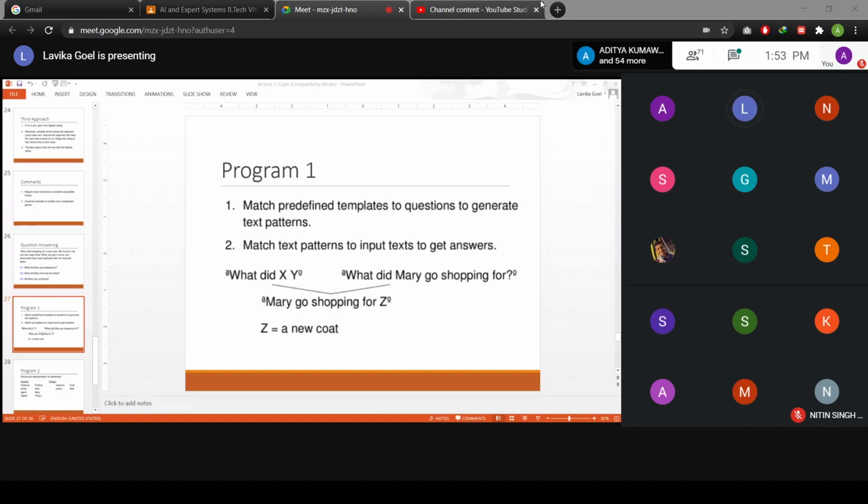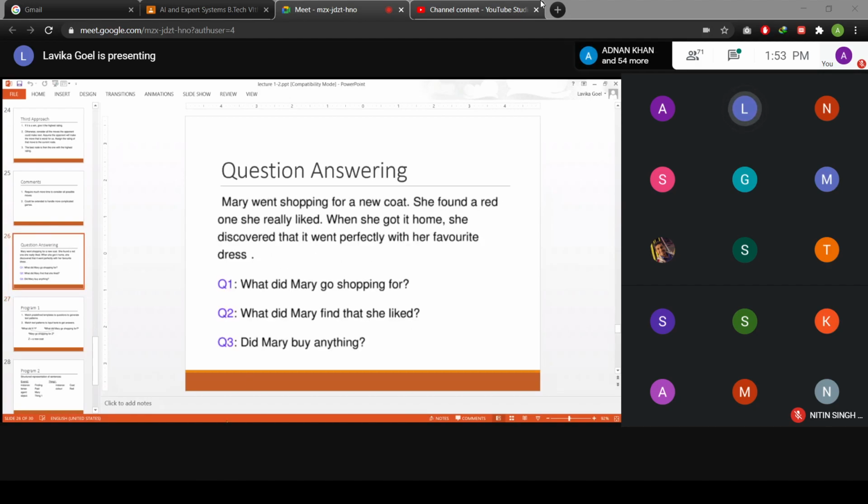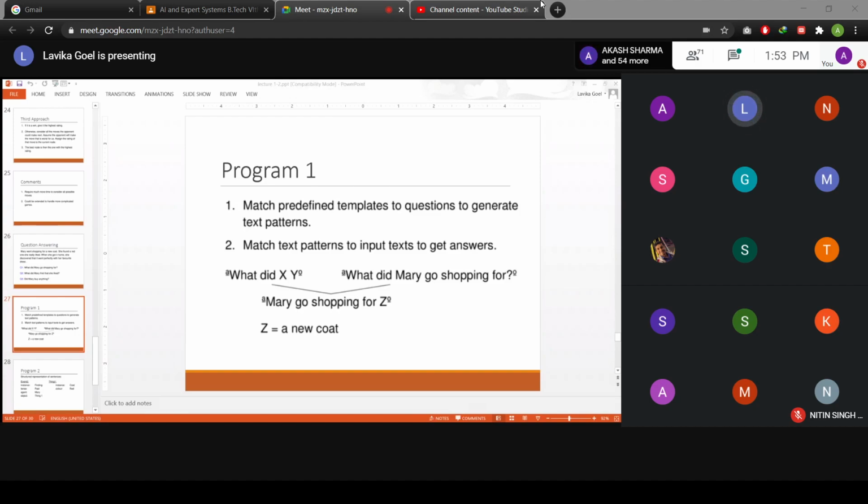What did Mary find that she liked? Fine. So you should have a template where you should have this object of finding. So what did Mary find? You should actually have a template which has the object of find inserted between find